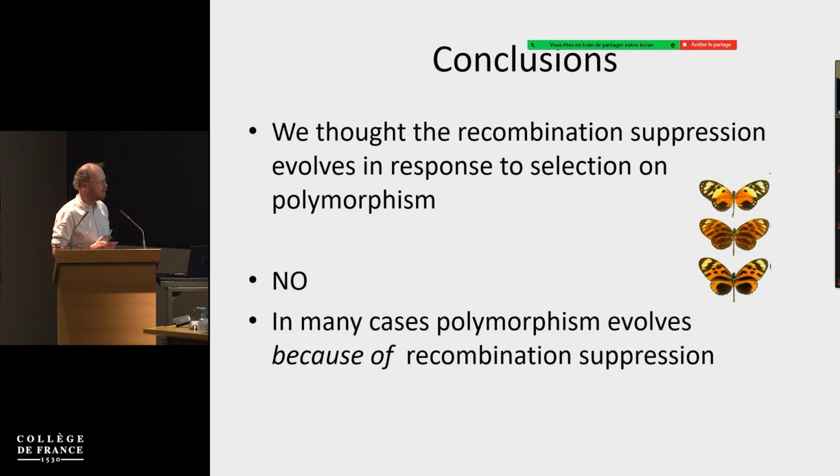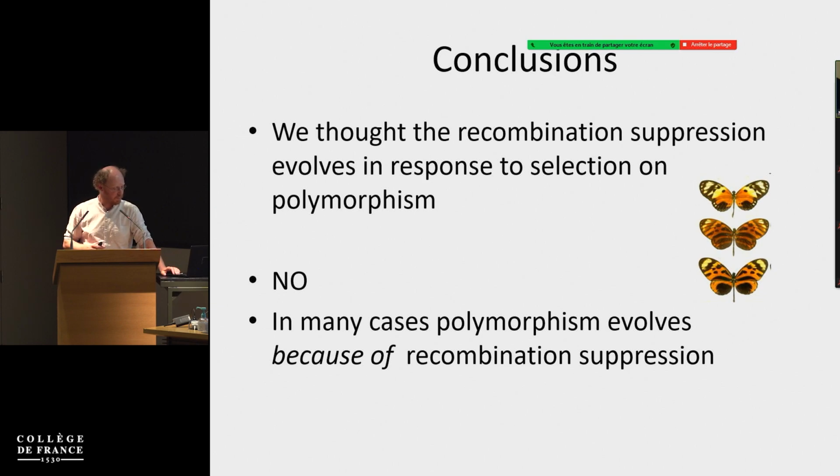As a conclusion, we could say that we think recombination suppression evolves in response to selection on the polymorphism and selection on the coadaptation of those alleles. But we seem to find actually rather the other way around. In fact, the polymorphism evolves because of recombination suppression. And so the recombination suppression is instrumental in building good ecological haplotypes, but it's not per se the coadaptation, it's not the duality between the two alternative ecological alleles that is